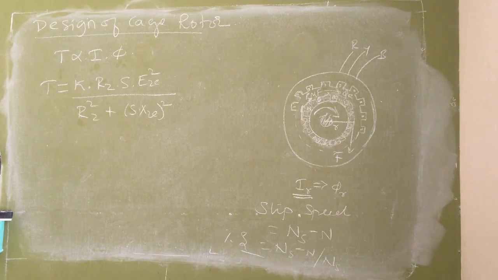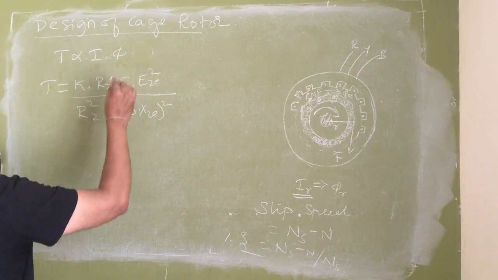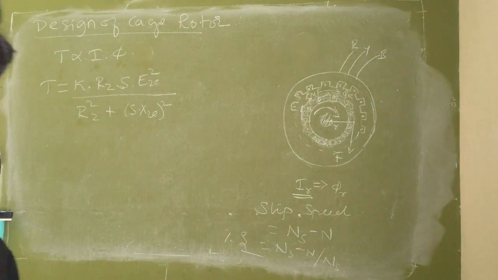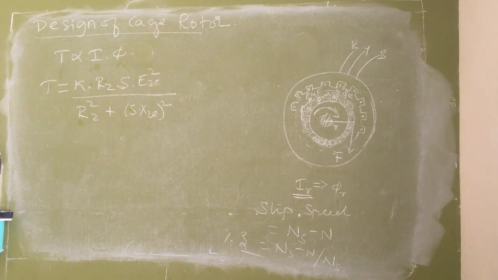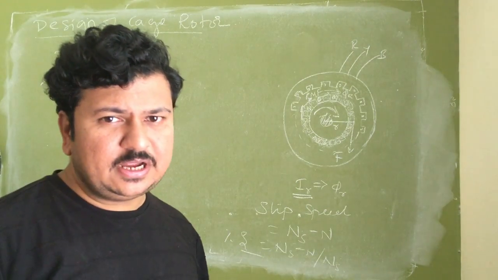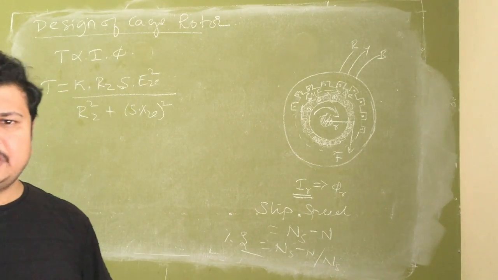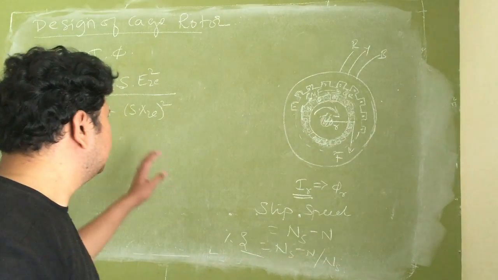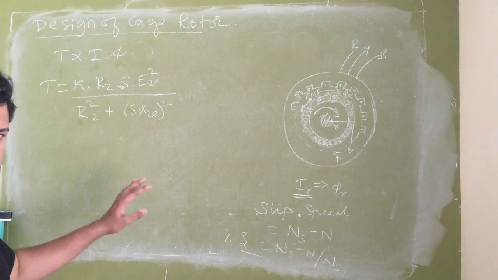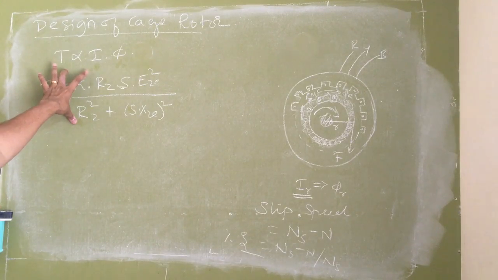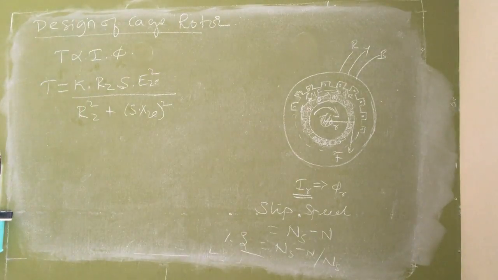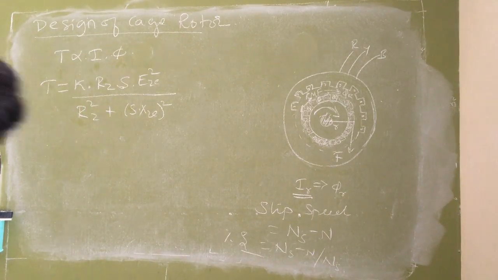So now we should see what is the range of the slip, and at what value of slip what is the value of the torque. Then very easily I can plot the torque slip characteristics. Once I get torque slip characteristics, flip it, it becomes torque speed characteristics. To get the torque speed characteristics, first draw torque slip characteristics, because it is easy to draw them from this equation. And once I get it, you vertically flip, it will give you the torque speed characteristics.